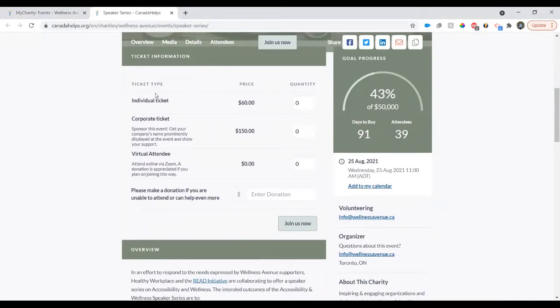So people can purchase an individual ticket, a corporate ticket if they want to attend as a sponsor, or if they want to attend the speaker series virtually, they are able to with a free ticket that we ask for an additional donation for. We can see all the event information on the right-hand side here, things like a goal progress for the event. We have a certain goal that we want to hit, how many days left to buy